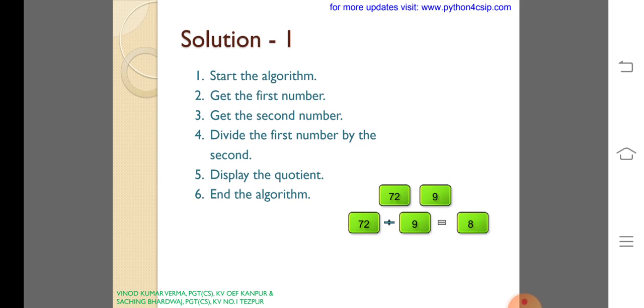You can define a function with a function name called divide. You have to pass two values. The first value must be divided with the second value. In this function, there is no need of a return statement, so that you can easily print the result within the function itself.